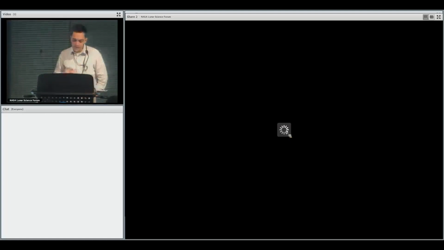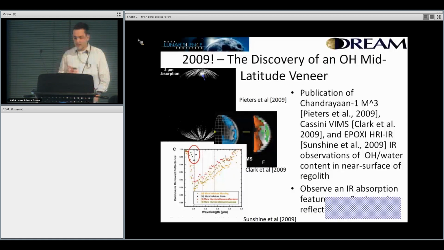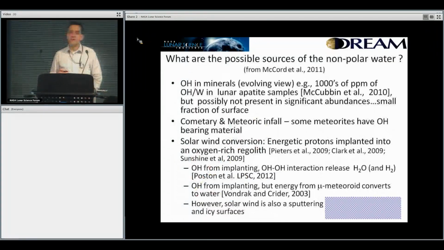There's also cometary and meteoritic infall, which delivers water to the surface or can dig up water. Meteorites can dig up water, turn the surface, and let water escape. And then there's solar wind conversion, where energetic protons, about a kilo electron volt, can implant into an oxygen-rich regolith. This could lead, like I said, to implantation. Also, at higher energies, you have sputtering. So solar wind could be a sputtering loss if you're